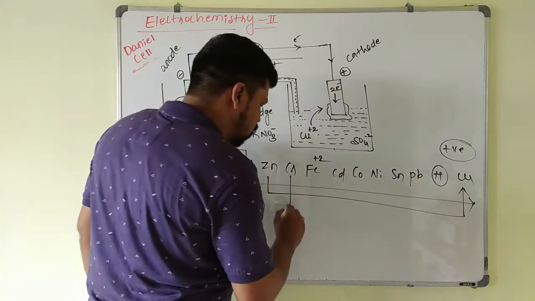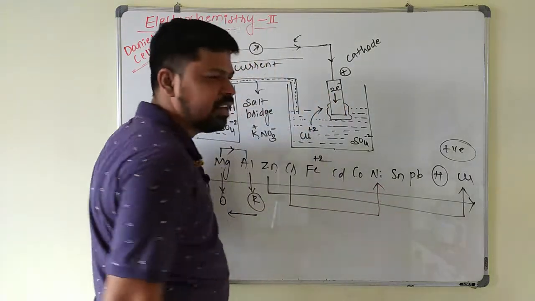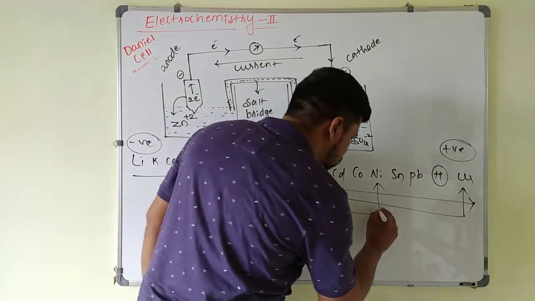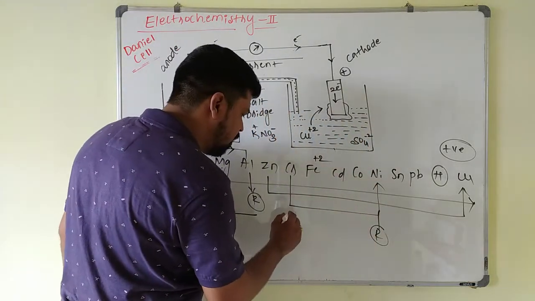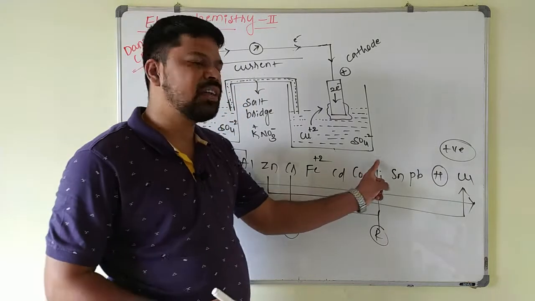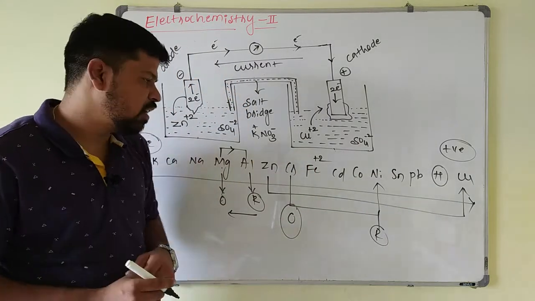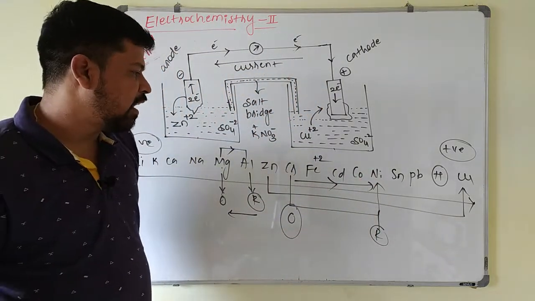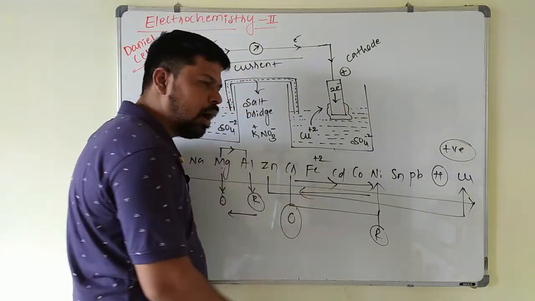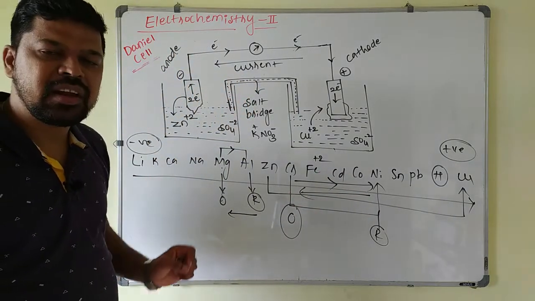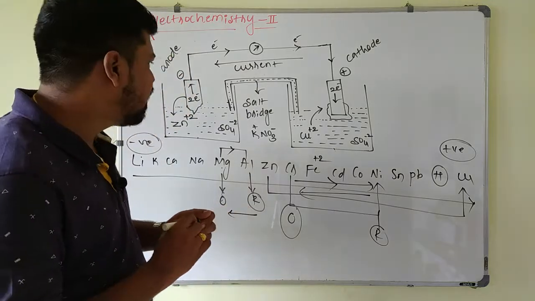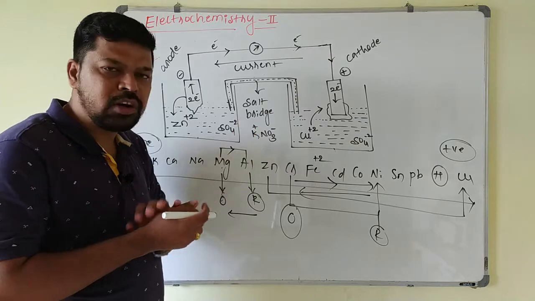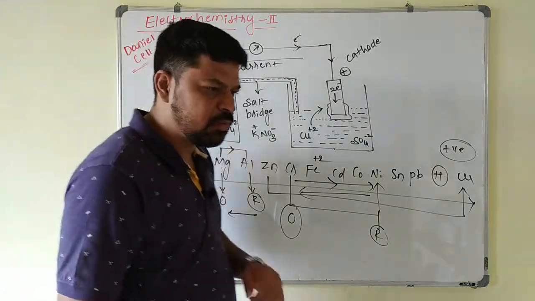Suppose you take a chromium half cell and a nickel half cell. Nickel is on the right hand side and chromium is on the left hand side. So nickel undergoes what? Reduction, and chromium undergoes what? Oxidation. Nickel will form the reduction half cell, and chromium will form the oxidation half cell. So the flow of electrons will be from chromium to nickel, and the current will flow in the opposite direction. Like this you can construct a number of galvanic cells just by connecting two single electrodes with an external wire, and the internal circuit must be completed with what? Salt bridge. Okay, next point.